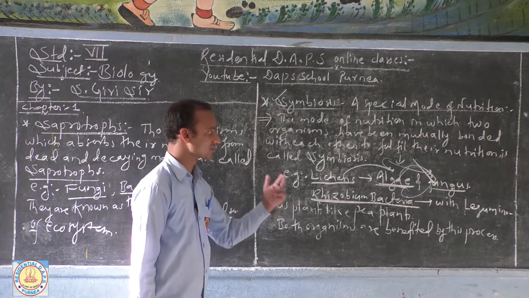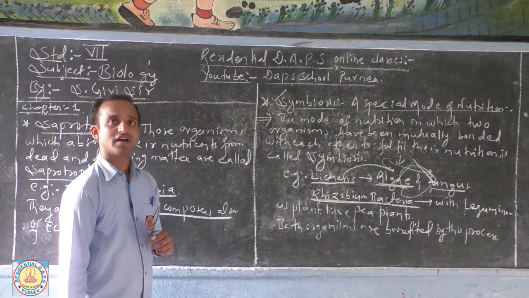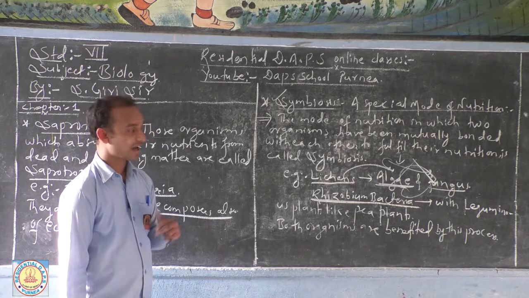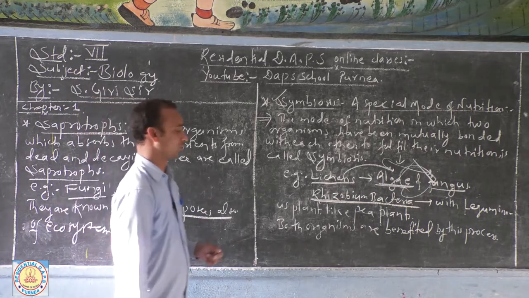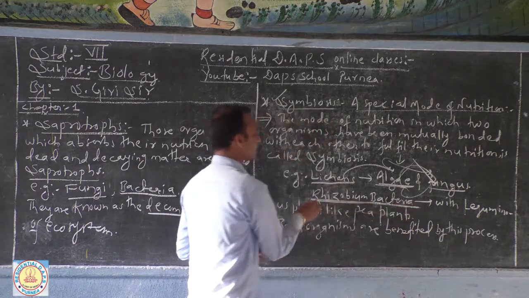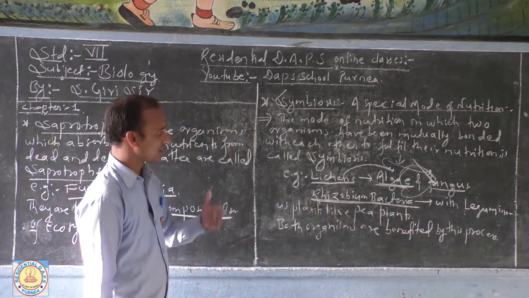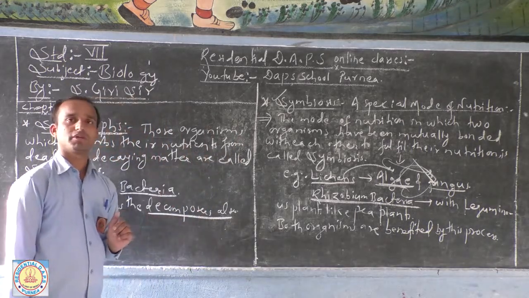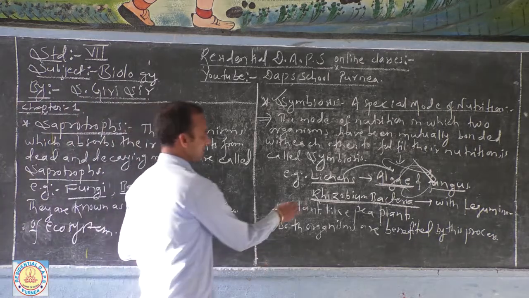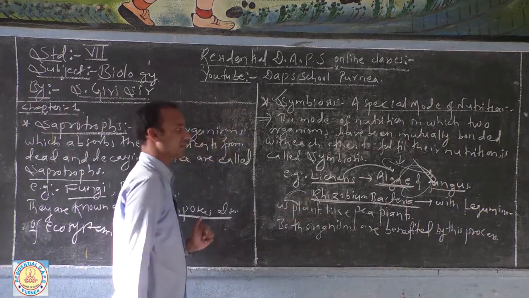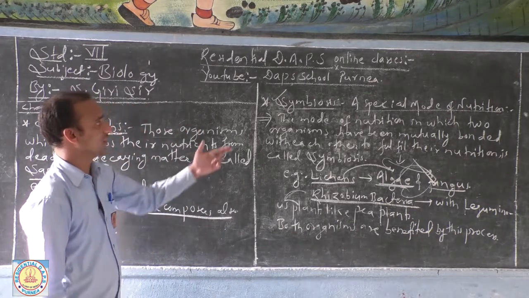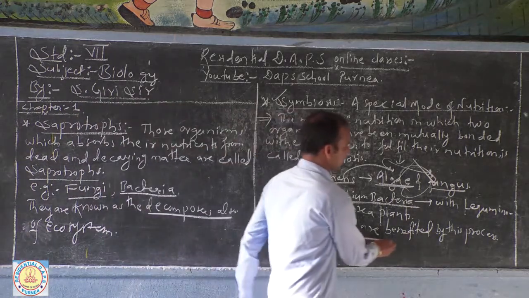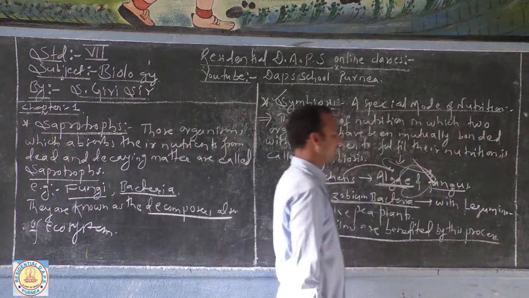So, in this way plants fulfill their need of nitrogen by the help of rhizobium bacteria, and when they manufacture the food, the food is also taken by the rhizobium bacteria. So, in this way rhizobium bacteria are also living, and the pea plant is also living properly. So it is a friendly relationship between the rhizobium bacteria and pea plants. Hence you can consider this mode of nutrition as symbiosis. Finally, I have written here both organisms are benefited by this process.